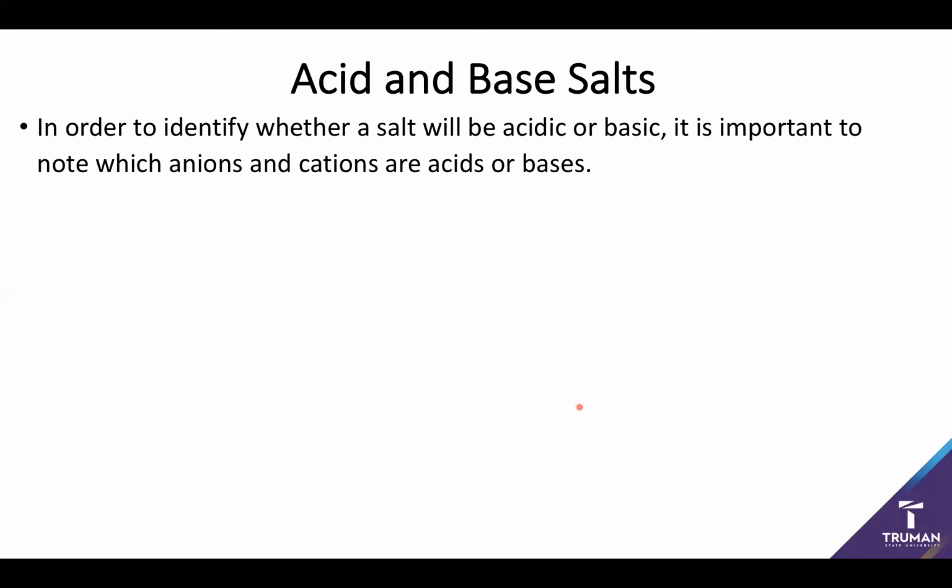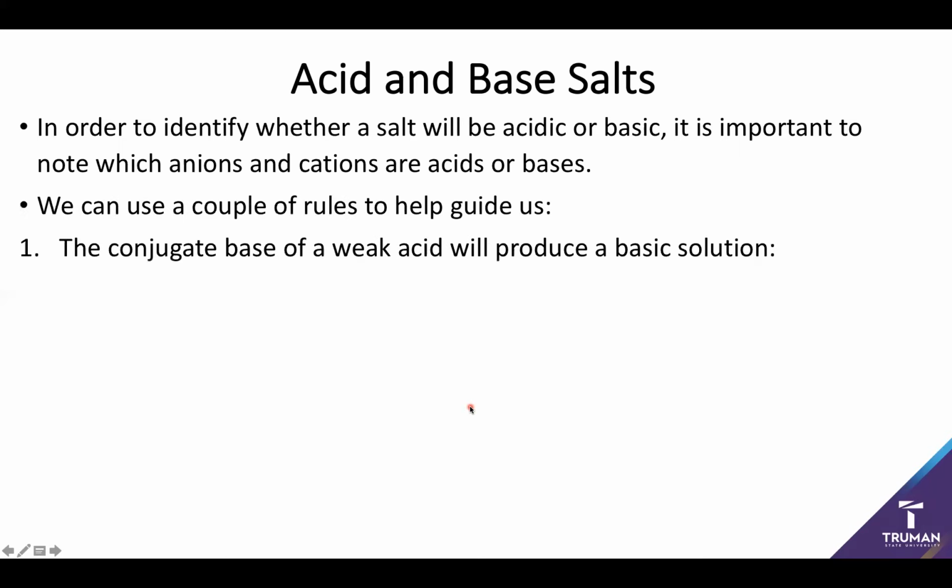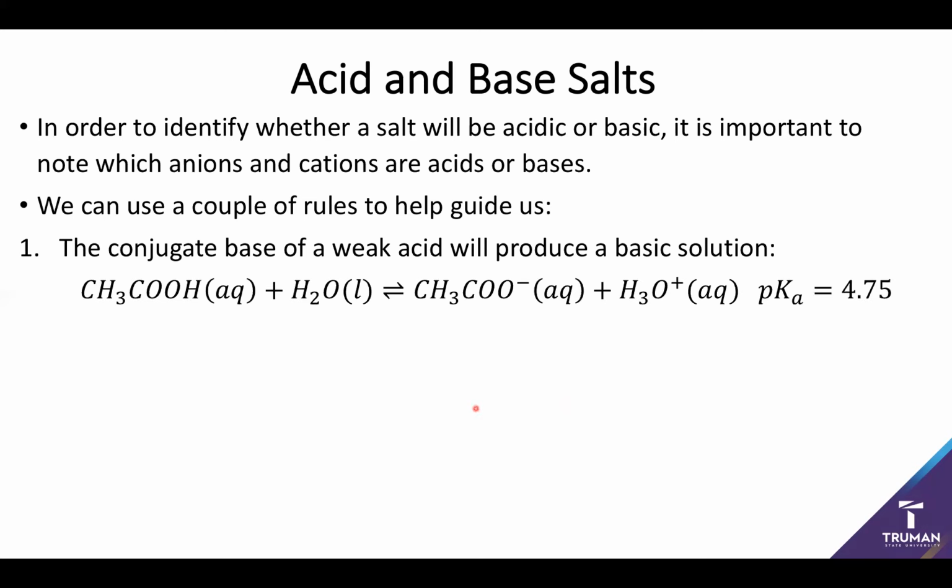of the big things we need to do is keep in mind which anions and cations are going to be a base or an acid. So we're going to use a couple of rules to guide us along. So the first of which is any conjugate base of a weak acid is going to be basic and produce a basic solution. So this means that if I have something like